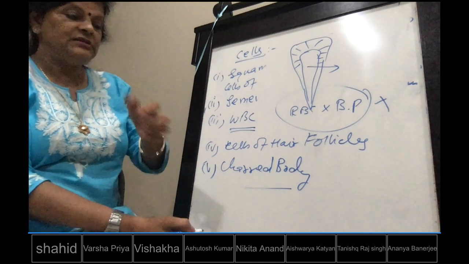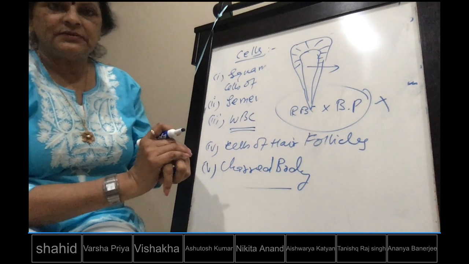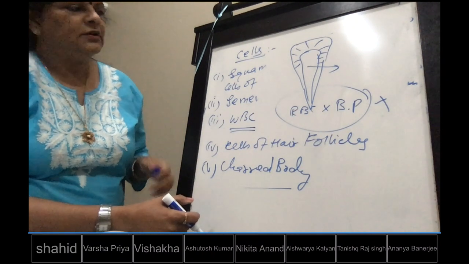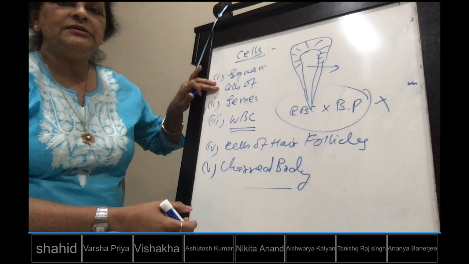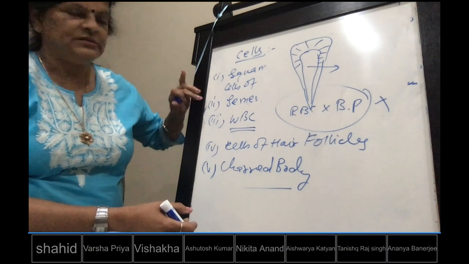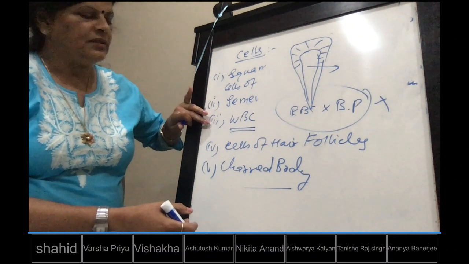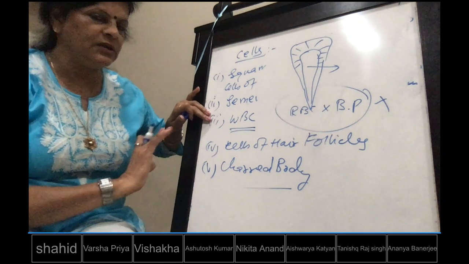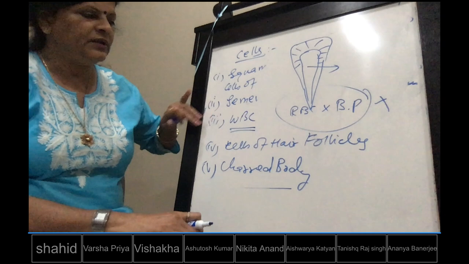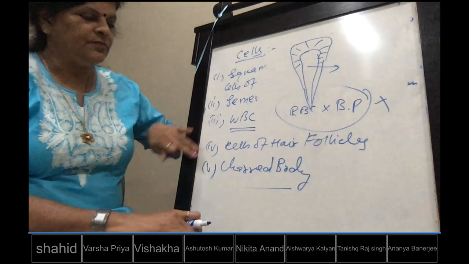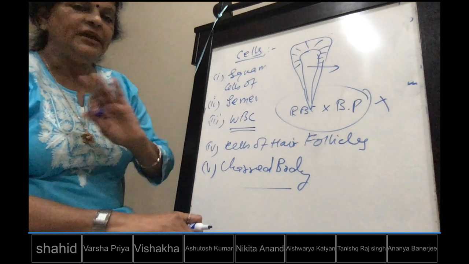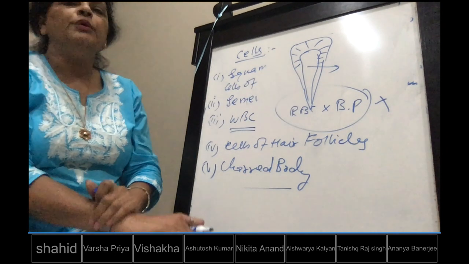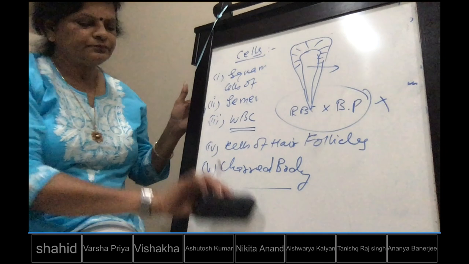You can't take skin cells. Skin, ऊपर का skin are dead cells. Dead cells रहता है ऊपर. So that will not have nucleus. So like this, squamous epithelial cells, inner lining of the cheek, semen, then WBC, blood cells में WBC. RBC and blood platelet not used because does not have nucleus. Cells of the hair follicles can be used. And last one, if the body is charred, then you take the cells in the pulp cavity or you take bone marrow cells.